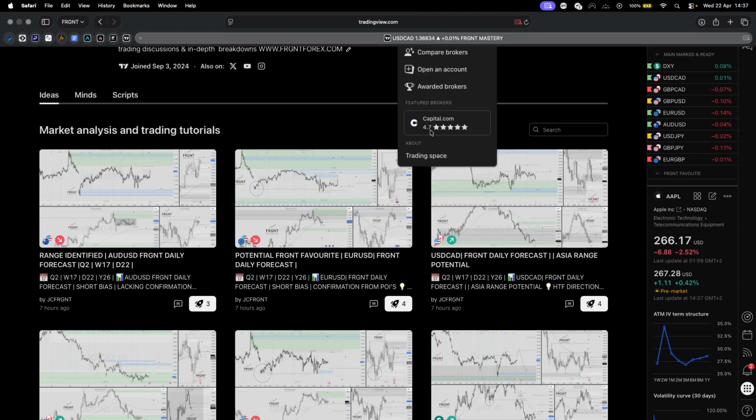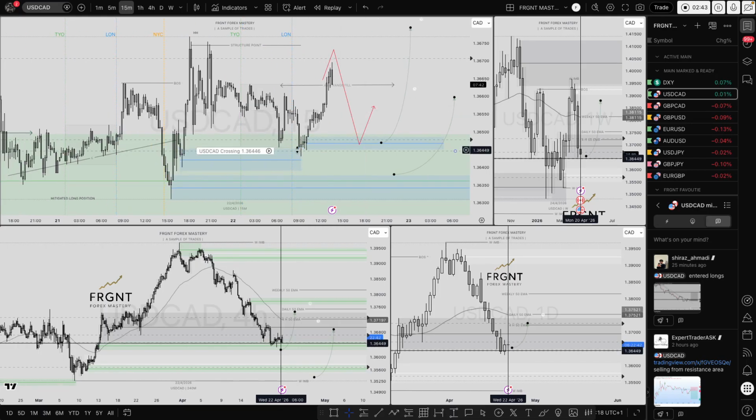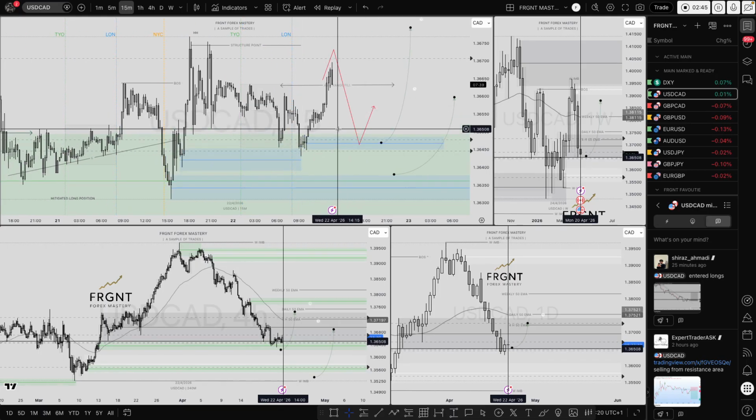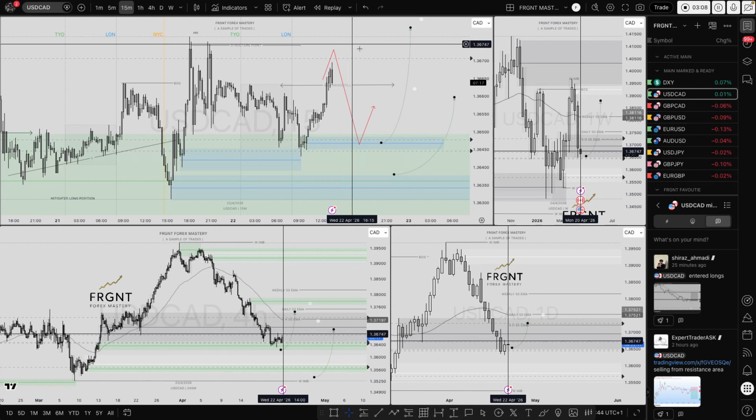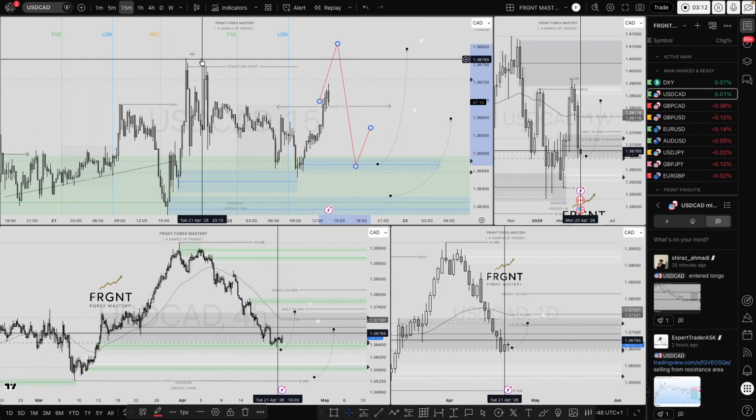Now we can see price came down to that order block to perfection, and pretty much all I was waiting for was that lower time frame break of structure, which we gained. Then I was waiting for price to return, unfortunately it did not. Now I have lost a confluence by way of looking to take that trade as an Asia range trade. However, I will still be looking to take long positions as a result of price actually just breaking Asia.